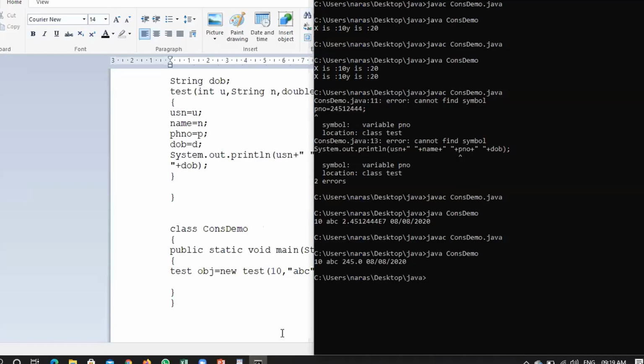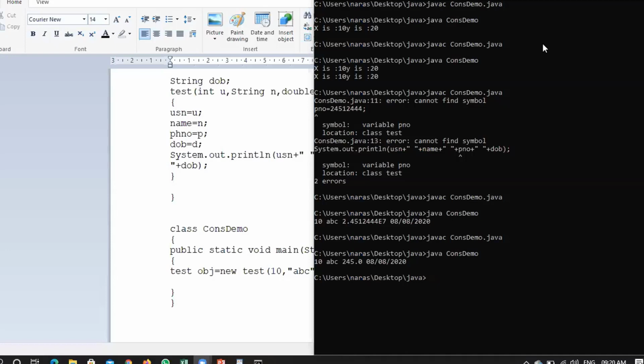Getting a new phone number itself, whatever you have given. Understood the program? Yes. Do you feel that this particular work can't we do using normal methods? How many lines are you reducing? Can I say only one line? Right? Even though you are using a parameterized constructor, you are reducing only one line of code.